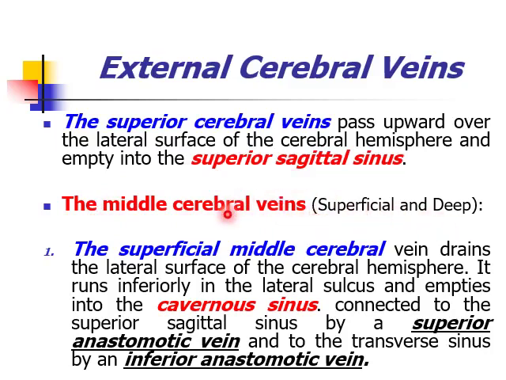The superficial middle cerebral vein drains the lateral surface of the cerebral hemisphere, runs inferiorly in the lateral sulcus, and empties into the cavernous sinus. It connects with the superior sagittal sinus by a superior anastomotic vein and with the transverse sinus by an inferior